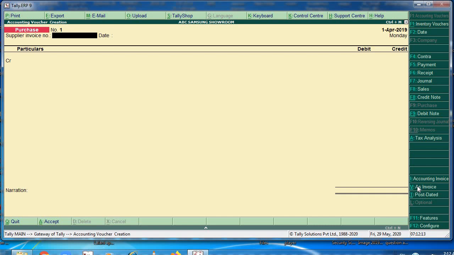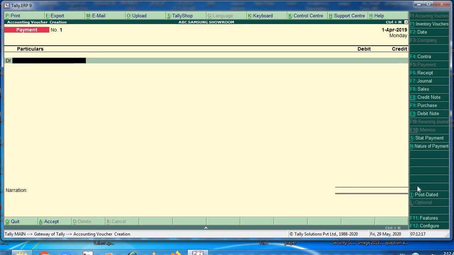Now the payment voucher in Tally. For payment I have to press F5. You can see over here the payment voucher. The payment voucher is another accounting voucher in Tally that helps create and print checks against the order. Once the payment voucher gets passed, the corresponding check can be printed by clicking on Banking and then clicking on Check Printing. Then the receipt voucher.